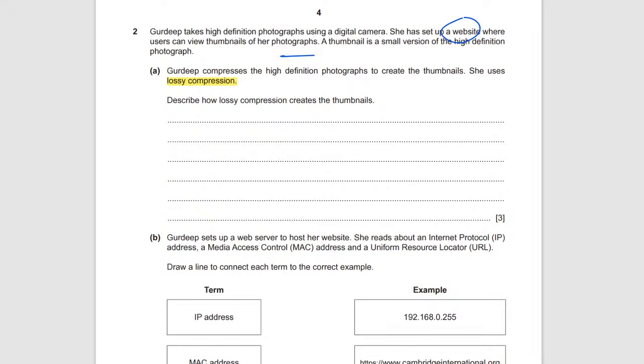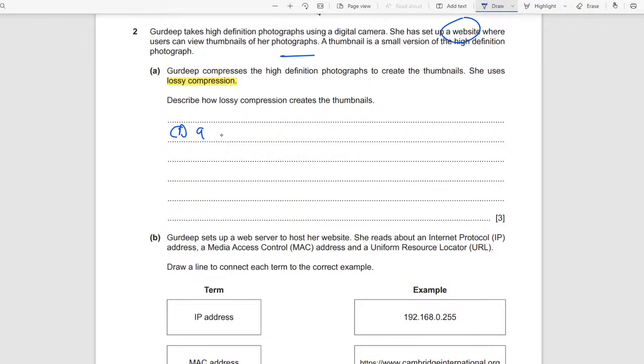Now, it's saying, describe how the lossy compression creates the thumbnails. I like these questions because, in computer science, so many of these questions are just repeated. Maybe next year or in this Feb-March exam, you'll be told, describe how lossless compression creates thumbnails. It's so similar, they've just twisted one word in the question. So for this type of question, when you're talking about how compression is done, the first step you always have to write, this is the easiest 1 mark you can get, you have to mention